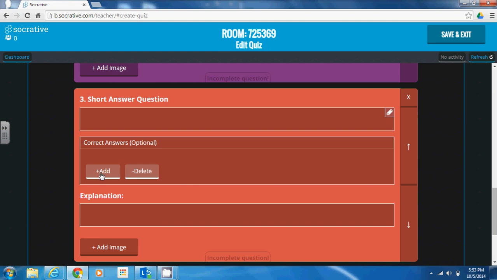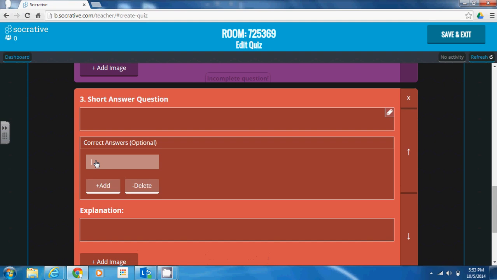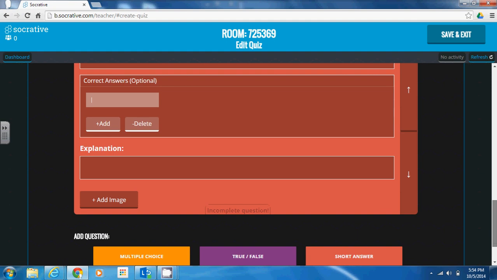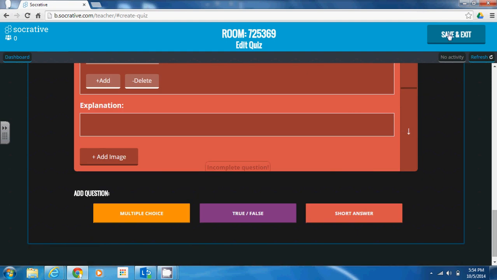However, if you press the Add button, you can actually insert as many correct answers as possible that the students will type in manually. So if you know that there are common misspellings to some of their answers, you can type in as many common misspellings as possible, and it would count any of those misspellings as correct. This also applies if you have a question with more than one possible answer, you can type in those possible answers here as well. But this is optional. And then when you are all done with your quiz, you'll press Save and Exit, and it will be saved